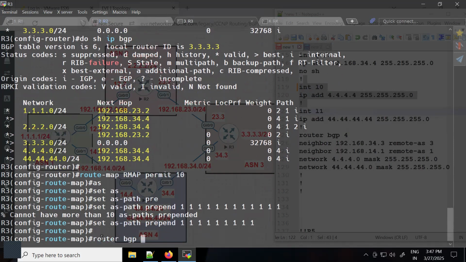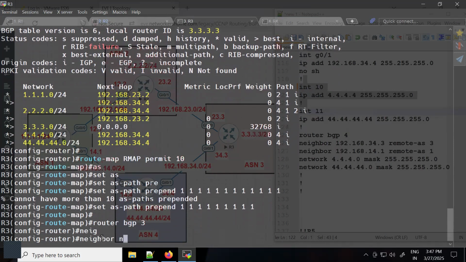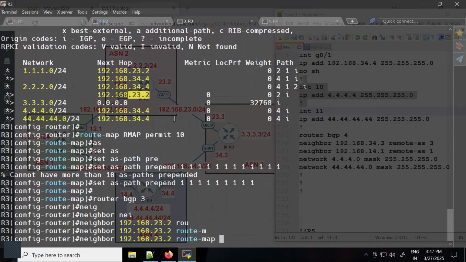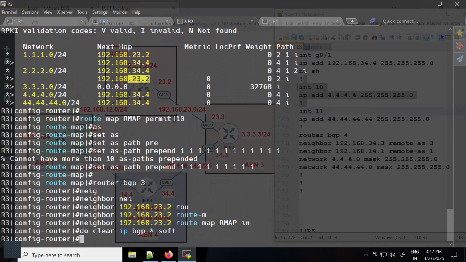Now what? I'll say router BGP, ASN number 3, neighbor ID is 192.168, and I want to make this one a less best, or you can say a worst path. So I'll say route map, route map name is RMAP, and in the inbound direction. Right? So now